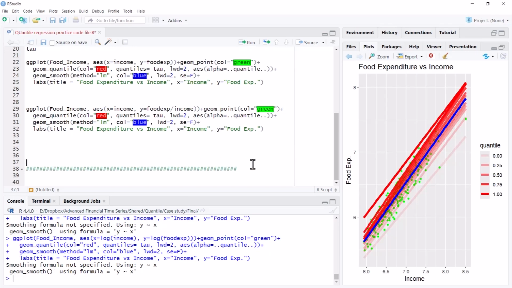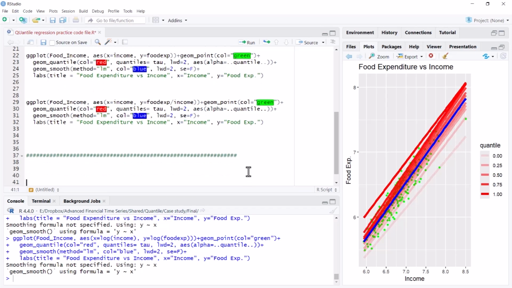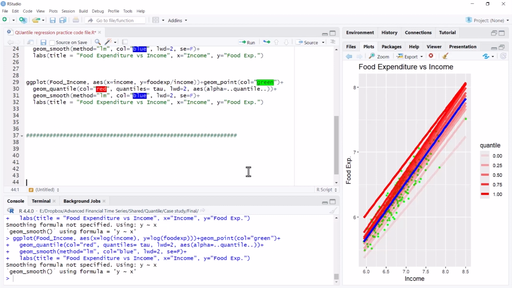In this video, we'll run a quantile regression for the median and then we'll summarize and interpret the result. We'll also try to conduct statistical inference using the hypothesis testing procedure for these quantile regression results. So as a starting point, let us run quantile regression for the median. That's simple.